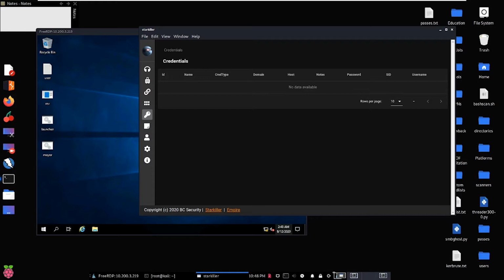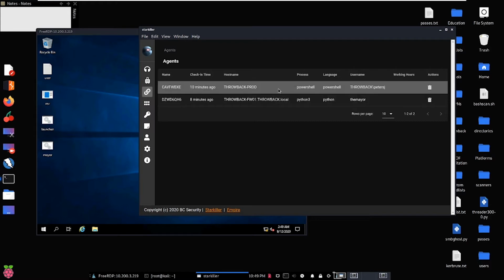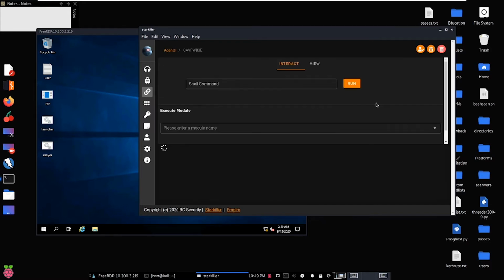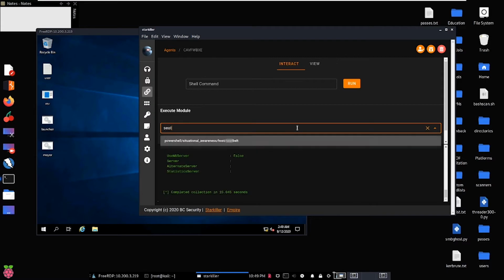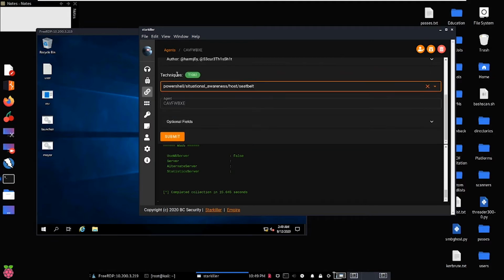Seatbelt is a Windows enumeration tool, and it really digs deep inside a Windows environment. So we need to go back to our agent and click on our Windows machine, and in this case, we have Peters J. I don't know if our Rickroll worked or not, but we're just going to go ahead and search for seatbelt. You guys go ahead and execute this. It does take a few seconds. Once you pick seatbelt, go ahead and hit submit, and it's going to give you a message